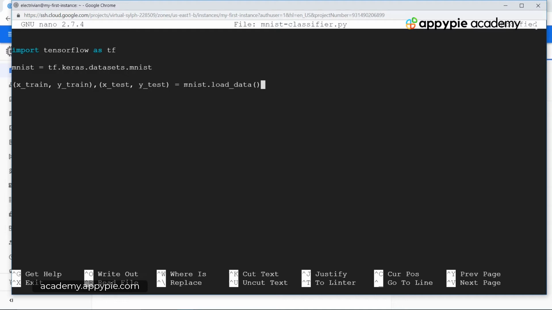Okay, so over here we are loading the data set from MNIST. And then after loading the data set, we are assigning a set of variables for x_train and y_train. And then we are also passing in some values for x_test and y_test. This essentially means that if we have 100 training samples, then we want 80 of them to be in the x_train and y_train and 20 of them to be for testing. So we need some samples to test the accuracy of the model on, and we also need some samples to train the model on. In a similar fashion, we have the training and testing variables set.